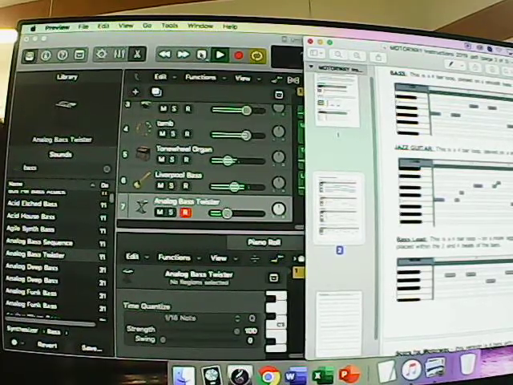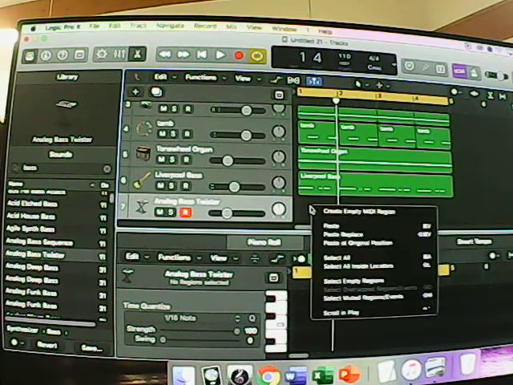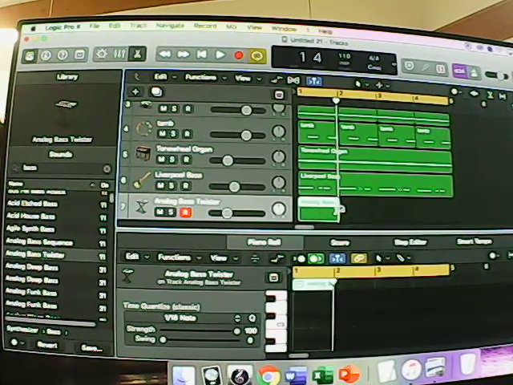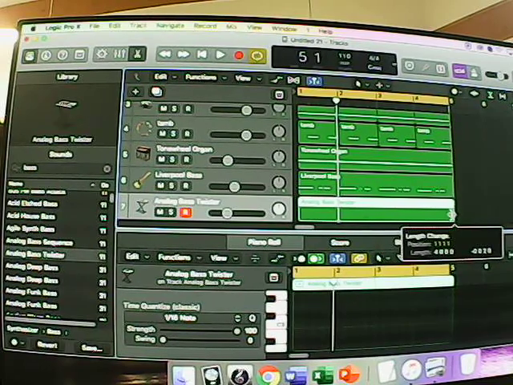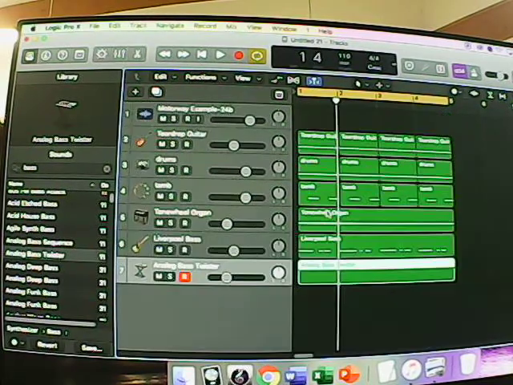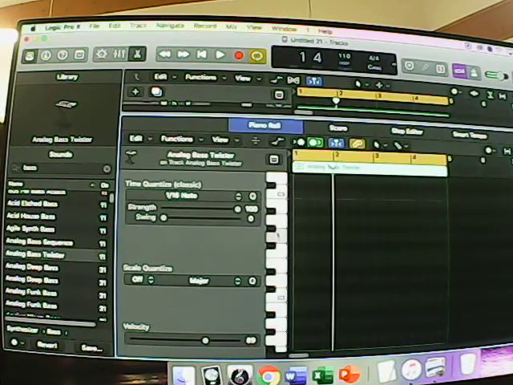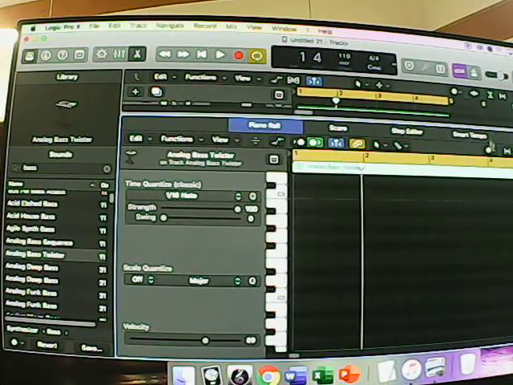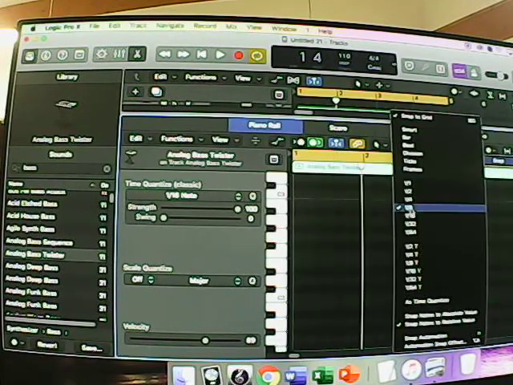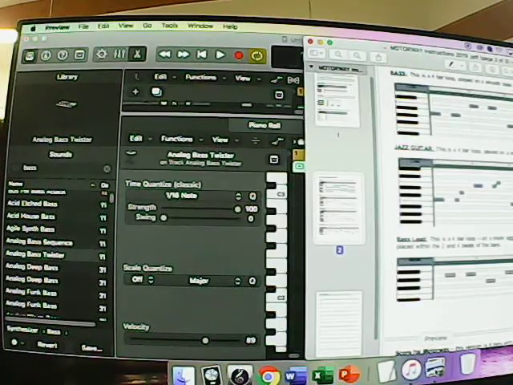So we're just going to play that one in. You can play these in or draw them in. Okay, if I was going to draw this one in, I would be doing it like this. Let's just see about drawing this one in. So if I was going to draw this one in, again I'd draw it in making sure that I was on 8s with my snap, because that's really helpful. So have a quick look at it. On the offbeats then,